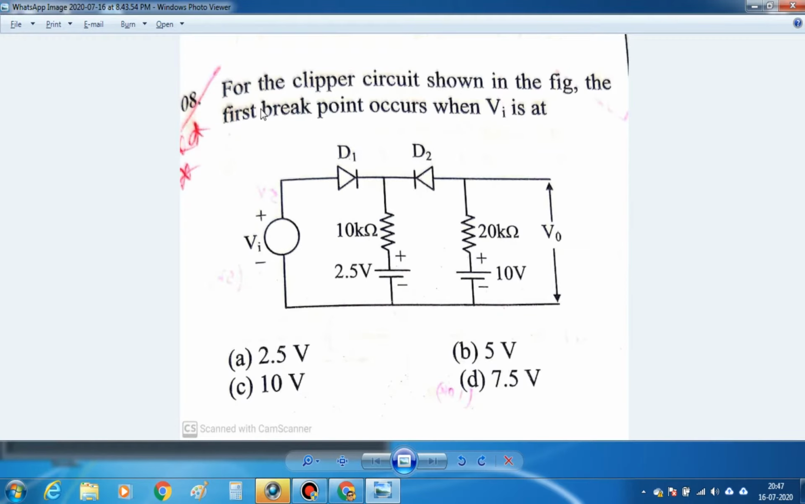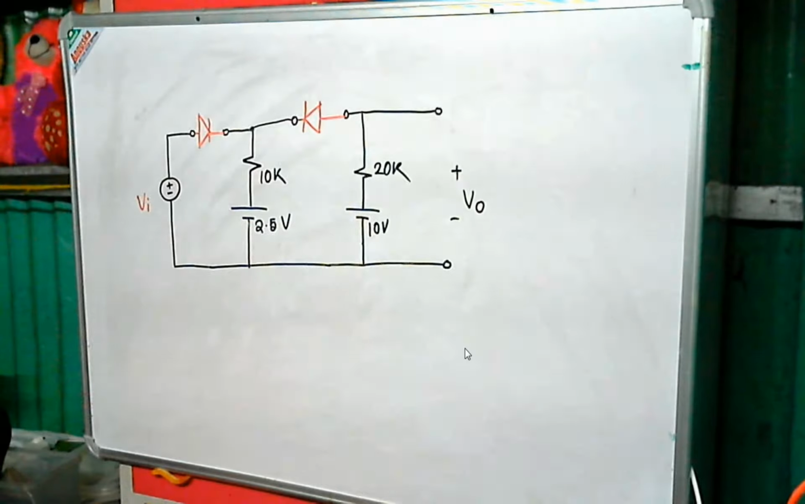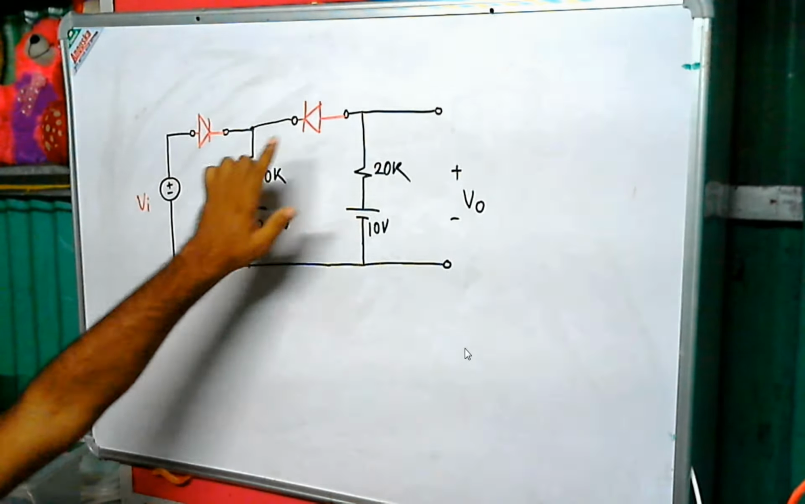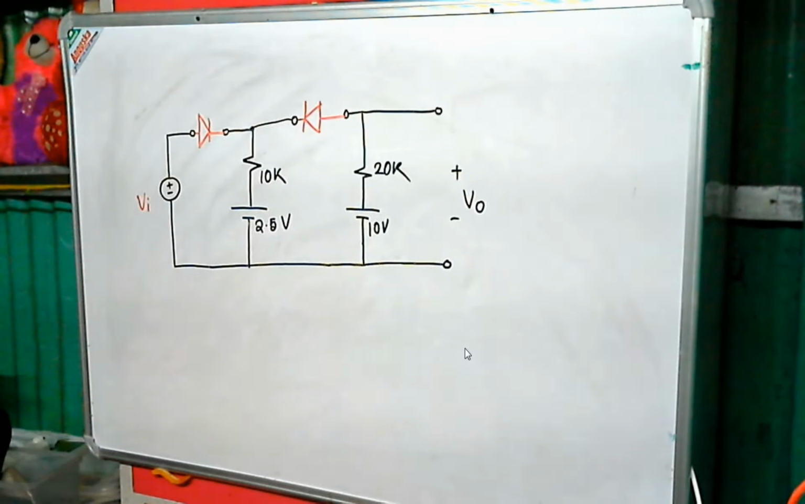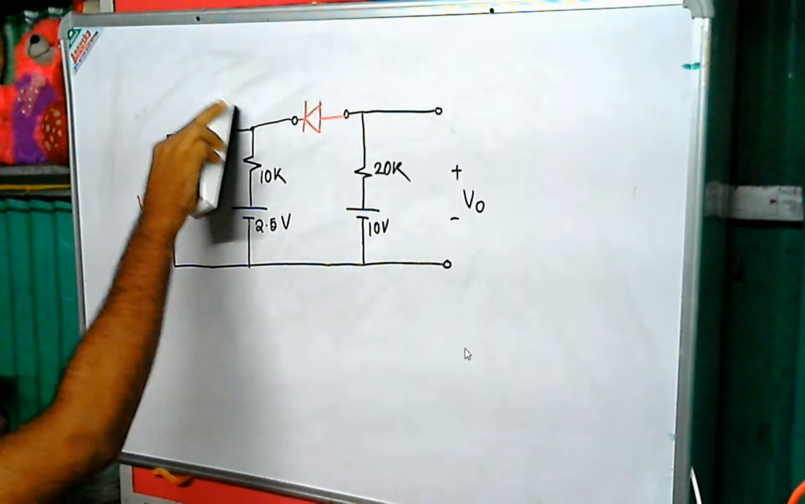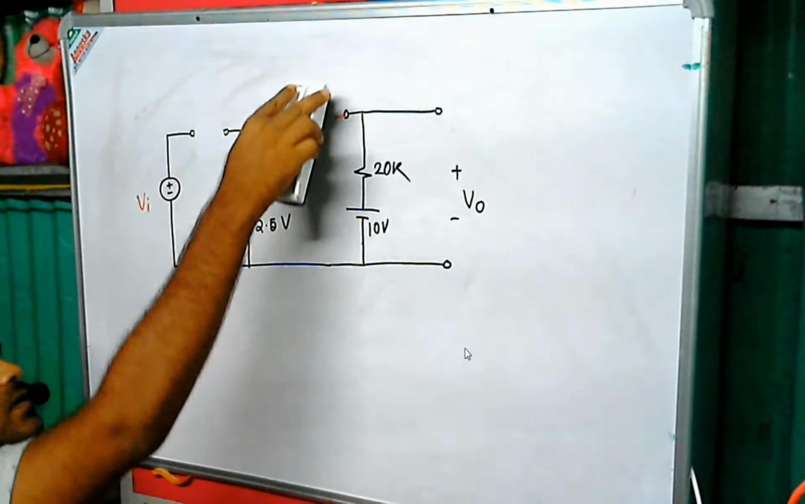So the next question you can see, for the clipper circuit shown in the figure, the first breakpoint occurs when Vi is at, so this is the circuit. Okay, so this is basically the circuit. You have two diodes, D1 and D2. So the first step is you have to remove the diode, and measure the open circuit voltage across the